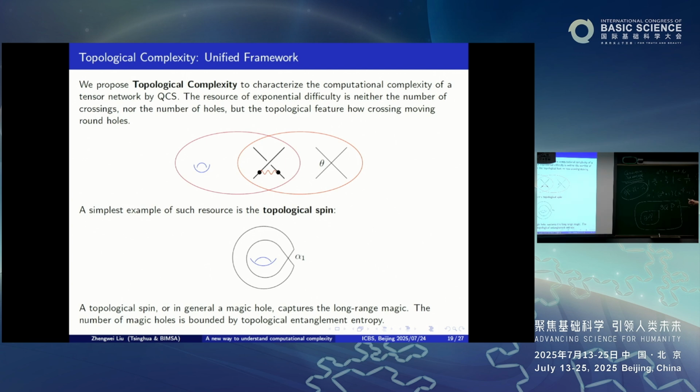And this is a key feature. This spin is the major difficulty. That's the elementary ingredient that's hard to compute. And that's the topological spin. And for quantum computers, or for quantum complexity theory, this is a kind of long-range entanglement. You have a hole, like a global topological phenomenon, like in the toric code. You have those holes to encode the logical information. And here, you have this hole surrounded by this diagram around it. So that essentially has a long-range topological entanglement.